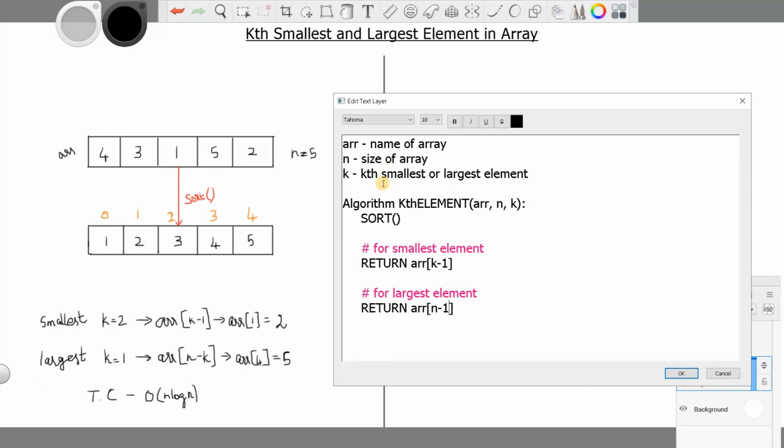If you want the smallest element, you just have to return this statement. If you want the largest, you have to return this statement. So this will be k. Don't use both of them. I'm just implementing both logics in the same algorithm. If you want the smallest, go for this. For the largest, go for this. That's how it works.